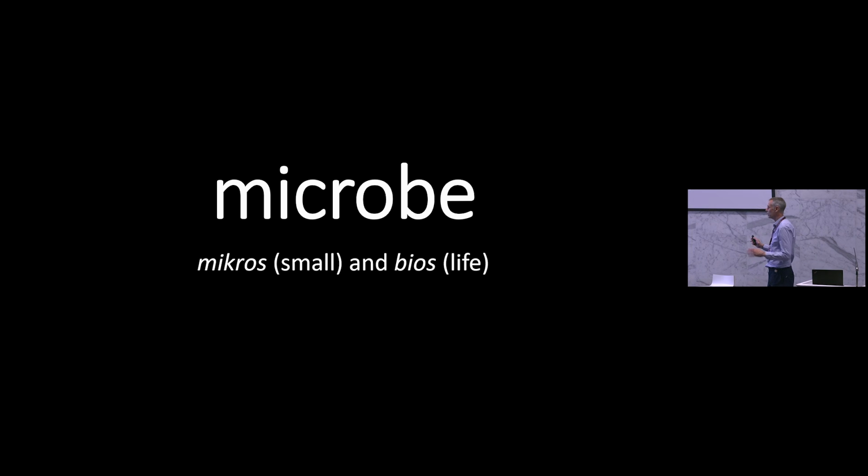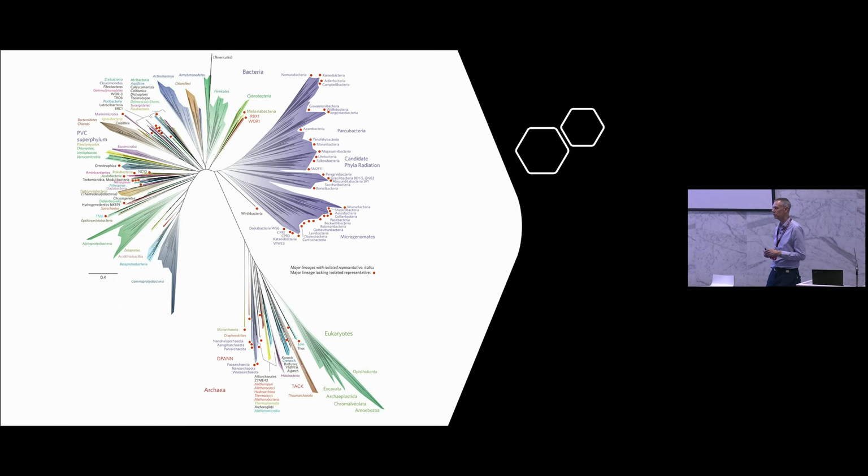So, what does that mean? Small things? Well, this is a kind of scary-looking diagram, but it isn't. This is a family tree of all the life on Earth, all the organisms that we know about. You can take bits of their DNA, and there are some things that are shared by everybody, and you can compare the sequences and make a tree to see who is most related to who. This is a representation of basically all of the life on Earth. This little green bit here is the eukaryotes, and we are a little tiny bit of the green bit. Down here is where you find the birds, the bees, the bananas, people. We are a little offshoot of this green bit.